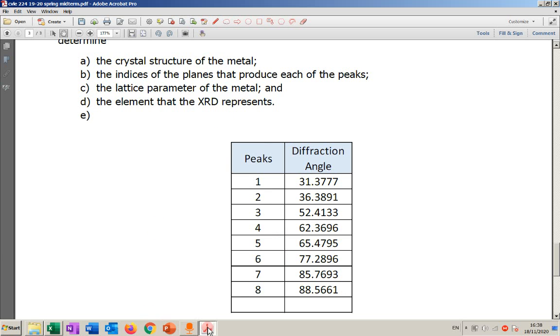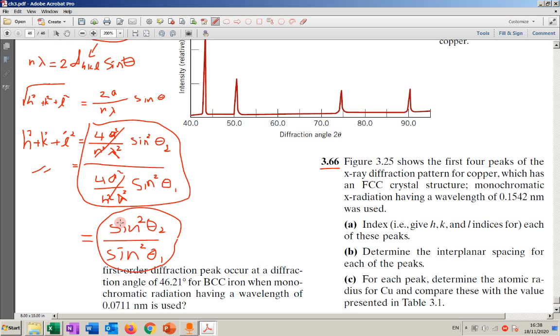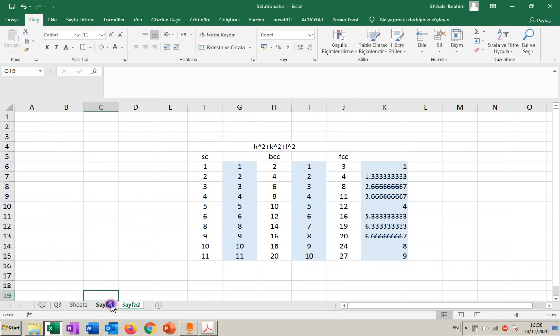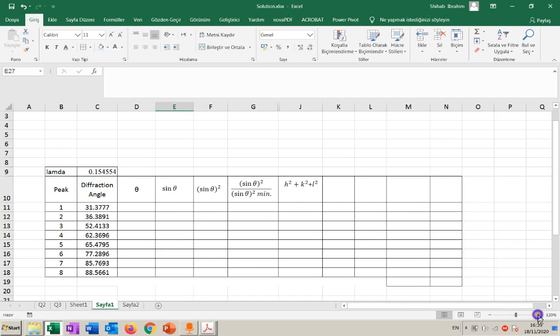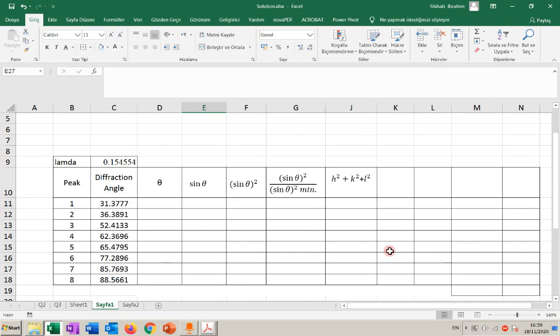Now we're going to use this technique. We're going to use the sine square in order to know the crystal structure, to see how it works. Let's say the angle we have, we're going to create a table like this. Now, in order to find what we're looking for,